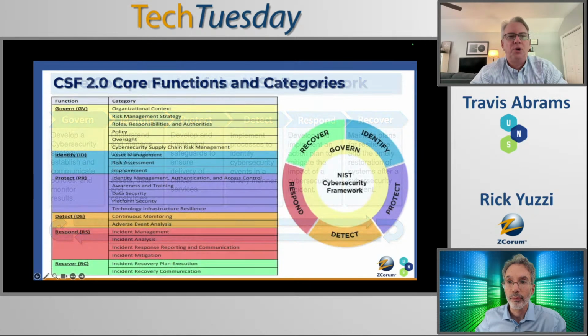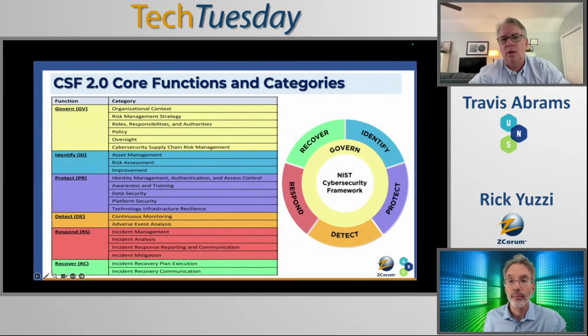To go into a little more detail, this gives you a little more information of the category. So underneath each function of the 6 functions, you have individual categories. And then beneath those categories, you may further have individual controls. And we won't read all of these to you, but you can see with the NIST 2.0, they also updated these to be a little more easy to read and implement and understand. So under protection, now you have specific sections for awareness and training, right? So it's a lot simpler.